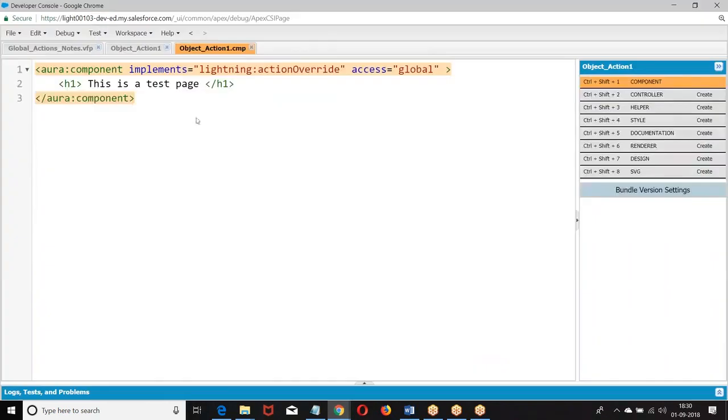Let us go back to this. File, new component.